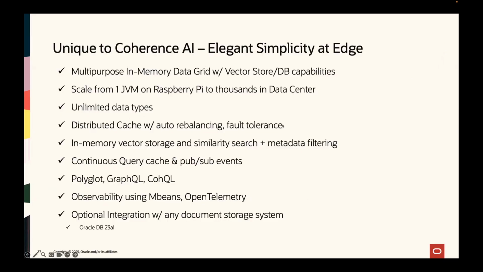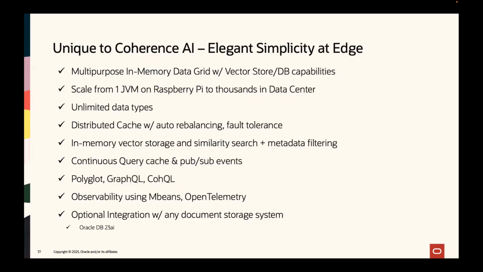The distributed caching capability of Coherence does the auto rebalancing, as you saw, the fault tolerance, and the ability to have a hybrid search of both similarity and exact metadata filtering. That's quite powerful. In addition to all the other data grid capabilities of continuous queries and pub/sub